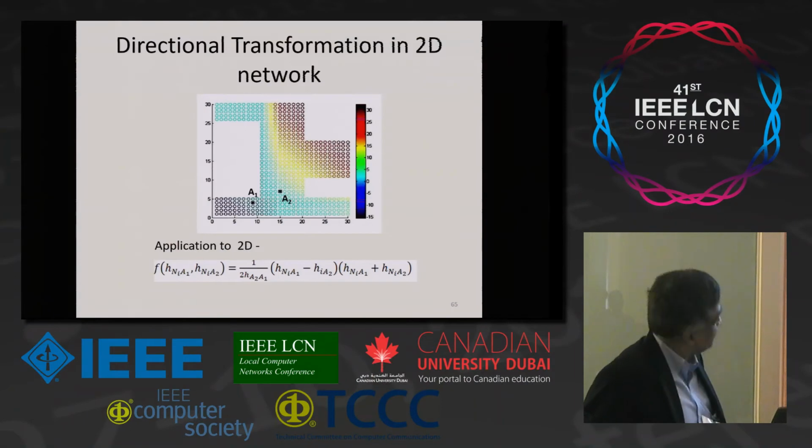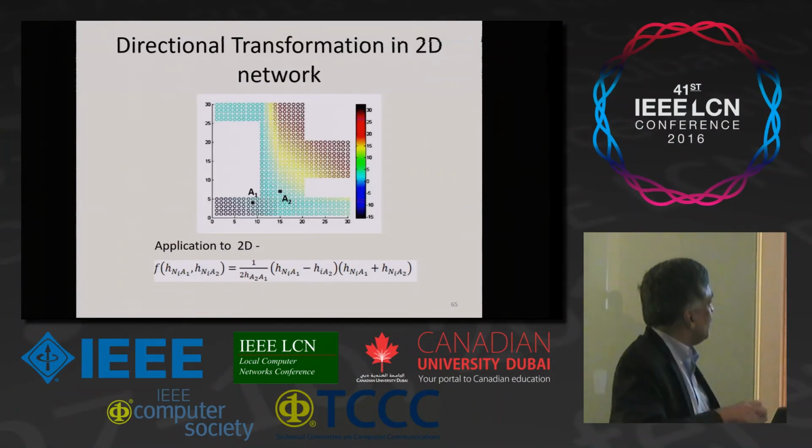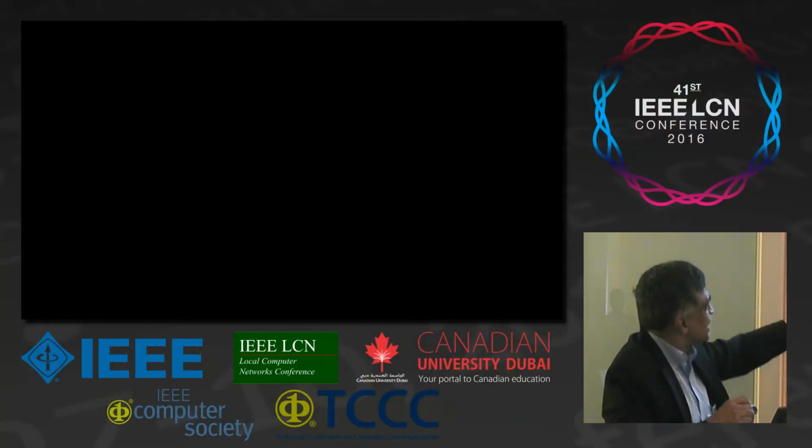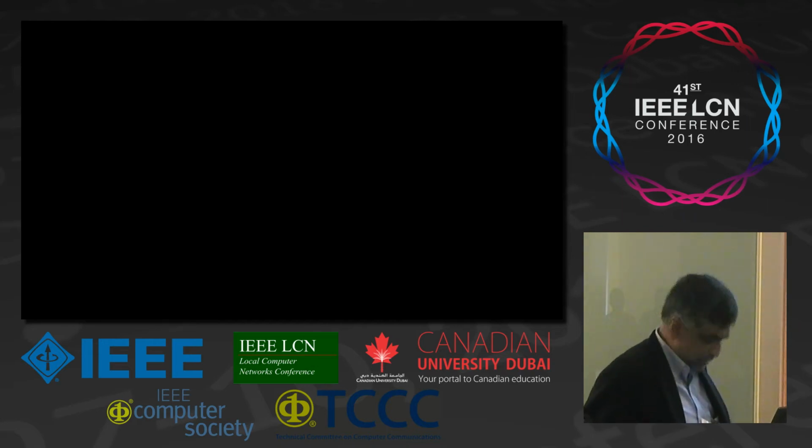This is what we call directional virtual coordinates. Our original intention was that PCA is too complex, so let's figure out another way to get topology coordinates. We found the answer through directional virtual coordinates. Later it turned out that this has advantages on its own, and even if it has nothing to do with topology coordinates, you can do marvelous things with directional virtual coordinates. So let me try to illustrate some things.